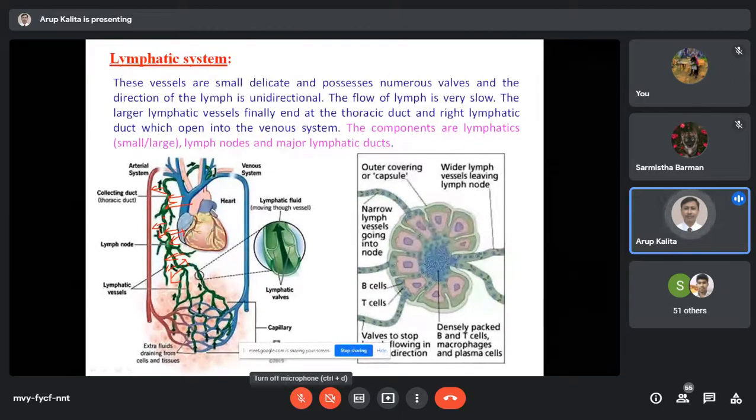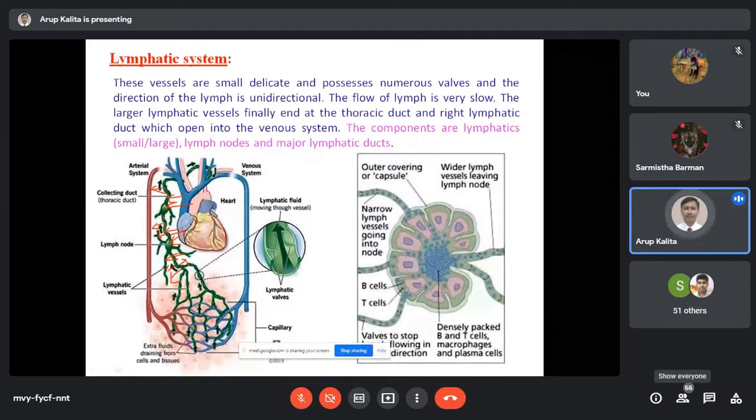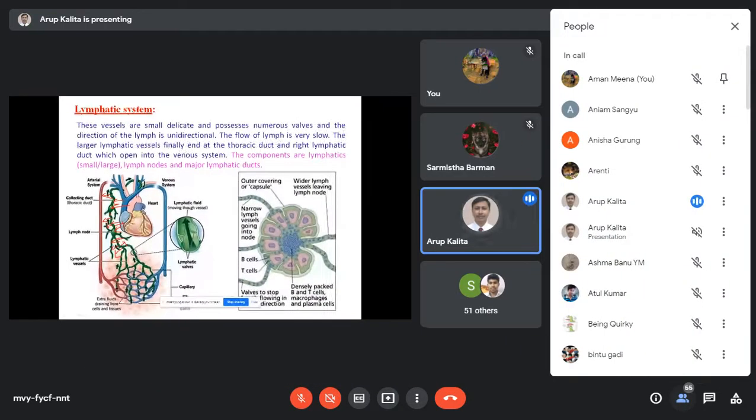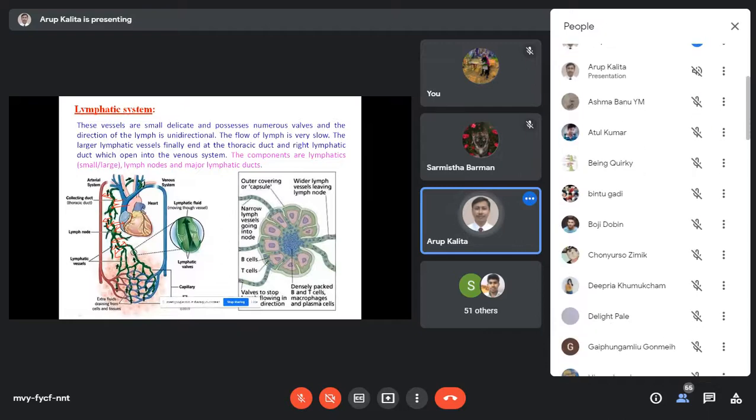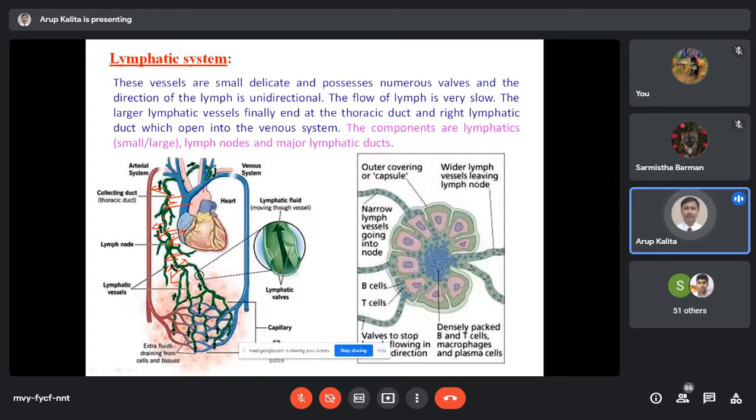that are present at the junction. For example, a bus is coming from CFU to Selesi. One junction point is our Selesi campus, so there is a bus stop. The bus has to ply through that area so that passengers can board the bus. Understood? Similarly, the lymphatic vessel has to cross the lymph node because lymph nodes are the storehouse of lymphocytes.